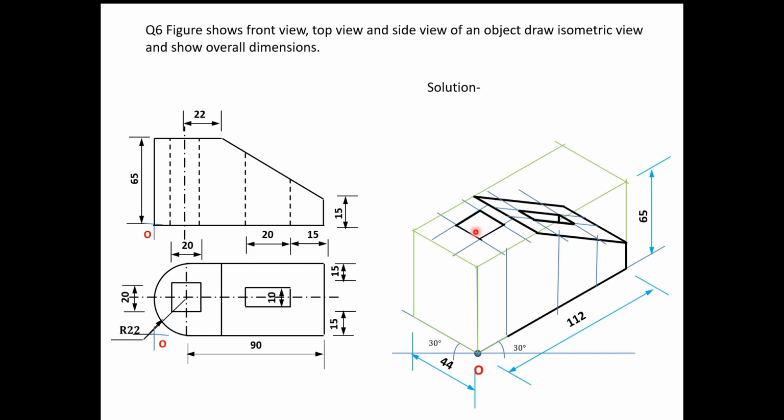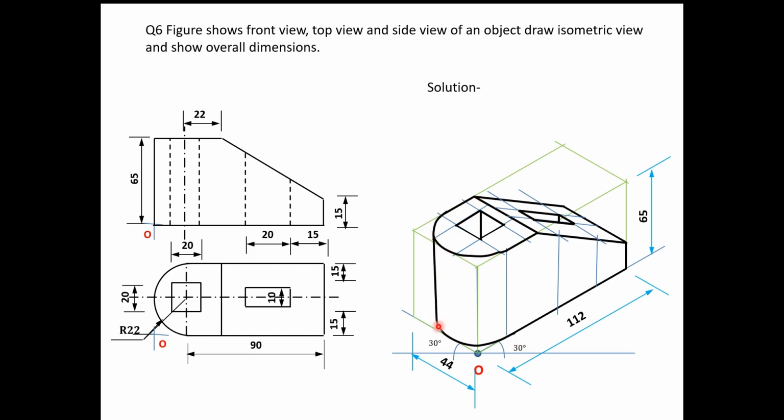You have to prepare this rhombus. Next, what is remaining? This circular portion. Do the construction of rhombus. So this is the rhombus, already there. So you have to just find out the center points and draw the arc and complete this question. So this is the question. Rotate this and again draw parallel to this.